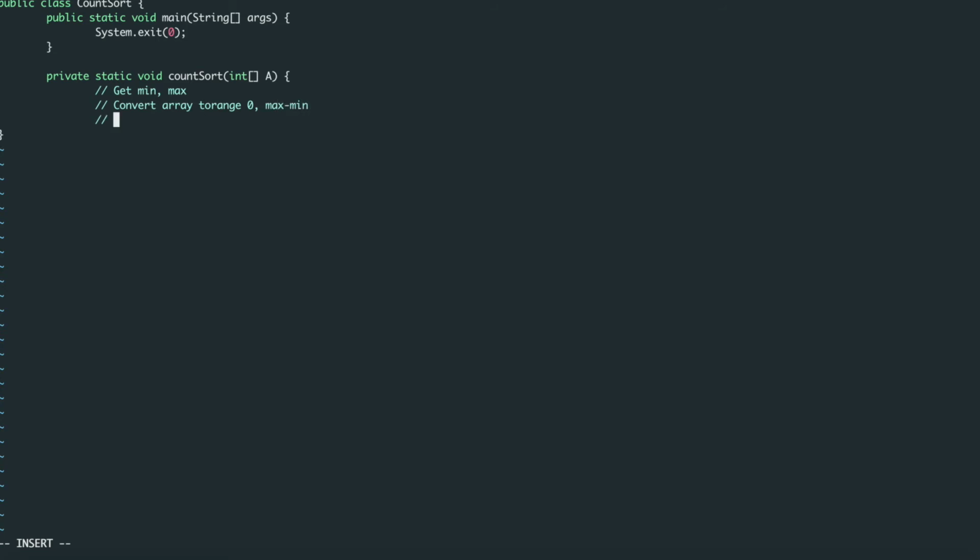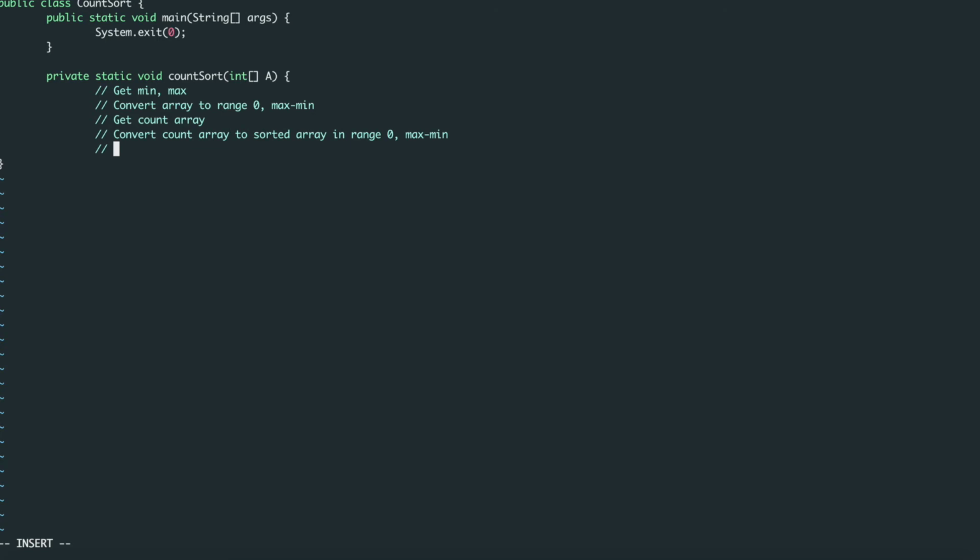Now the third step is get the count array. Fourth step is convert the count array to a sorted array in range 0 to max minus min.